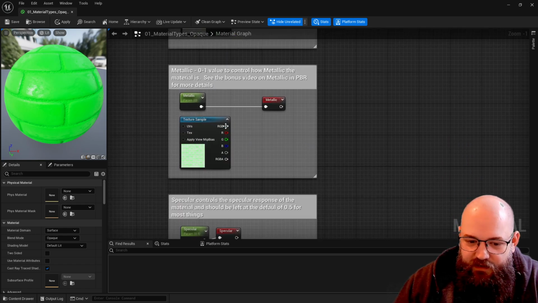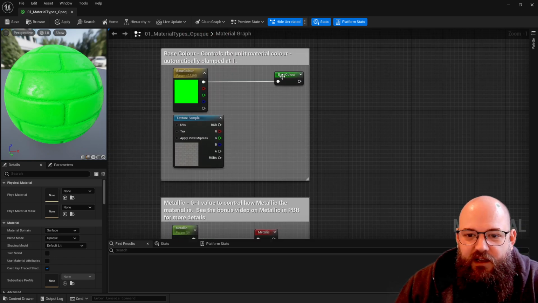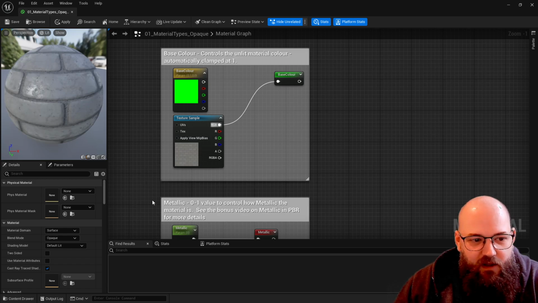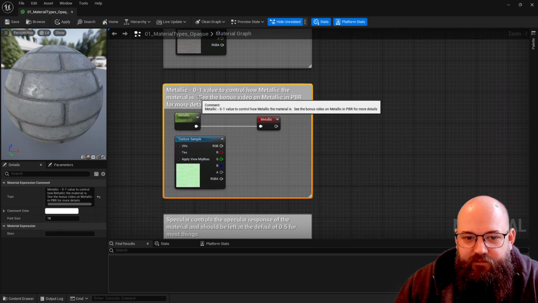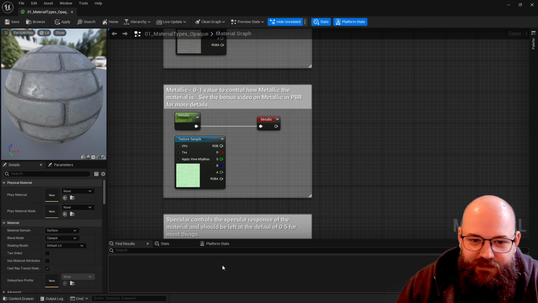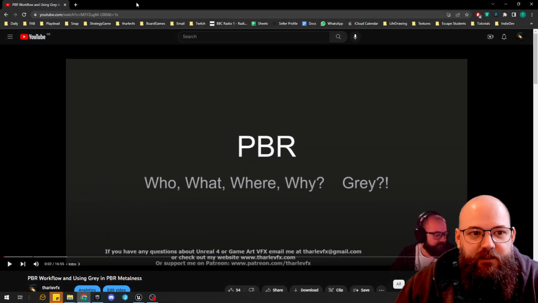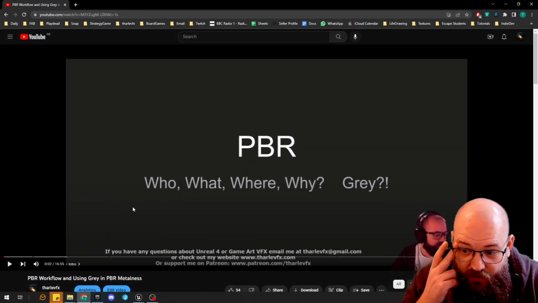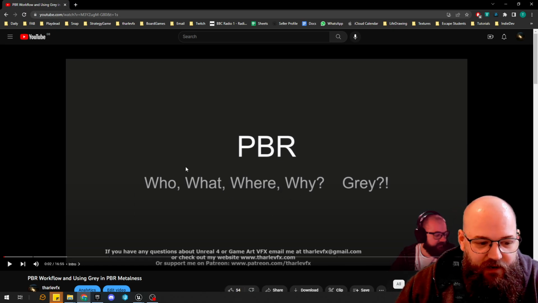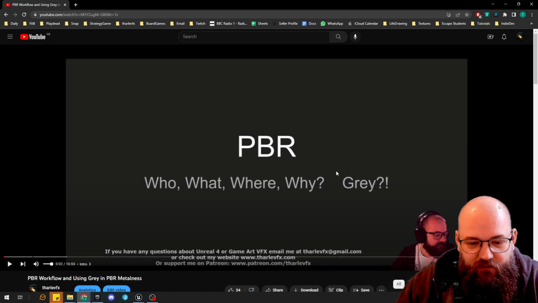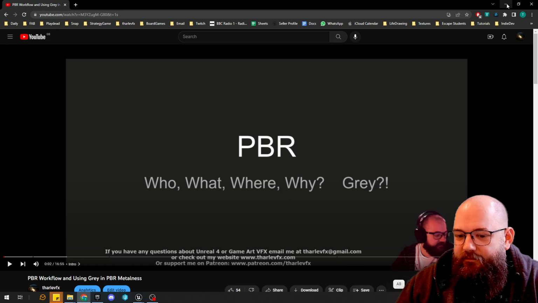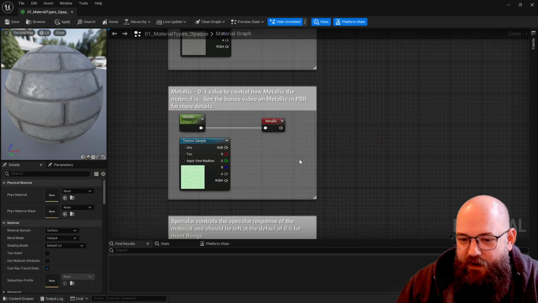Moving down, second on the list is metallic. This controls how metallic the surface is. So actually this is quite a complicated input pin. I've made a note here, see the bonus video on metallic in PBR. Well, that's a reference to this video that's on my YouTube channel. Go and check it out. Just a quick discussion about how PBR works and what metallic works with in real-time rendering in Unreal. Basically, as a quick summary,